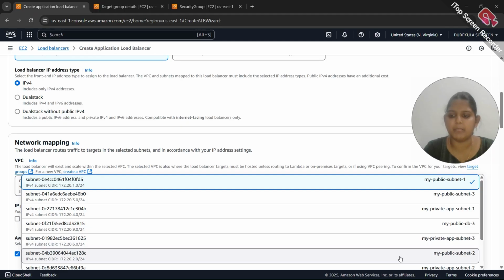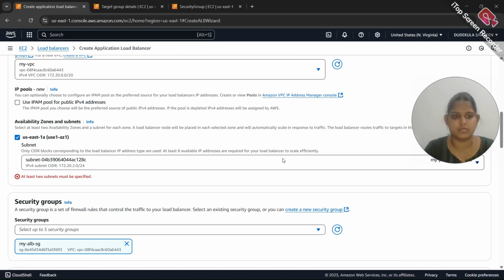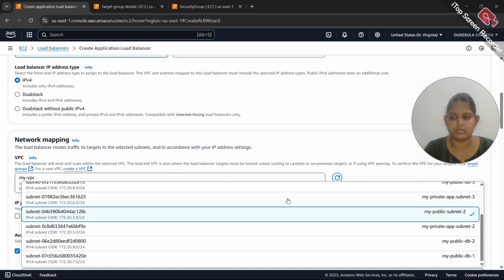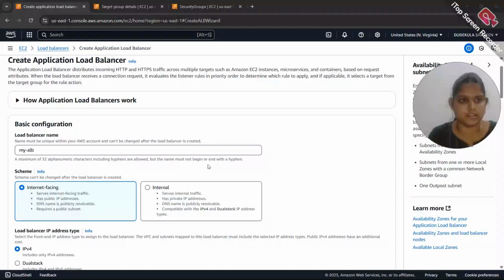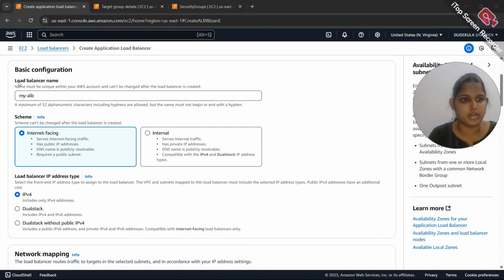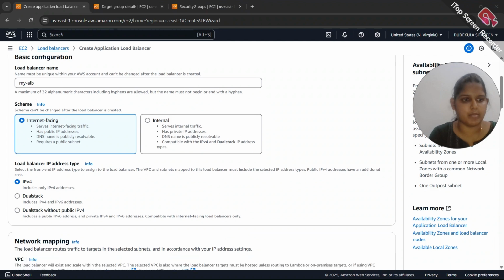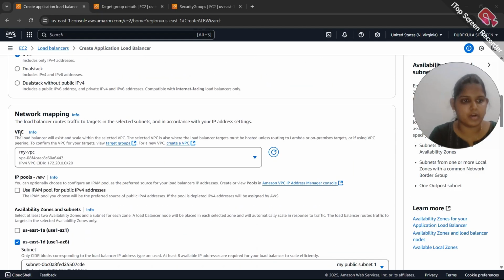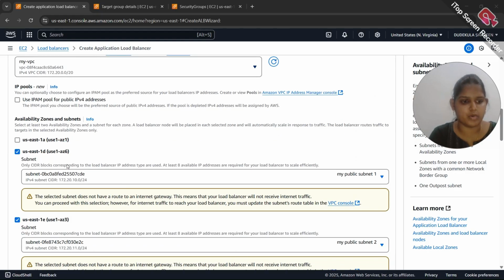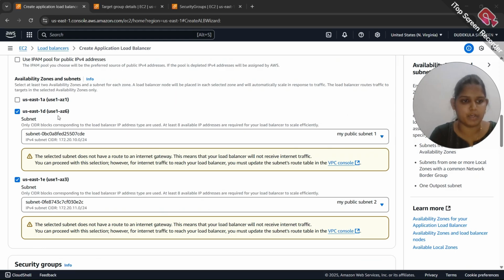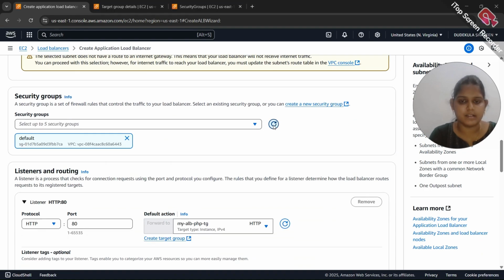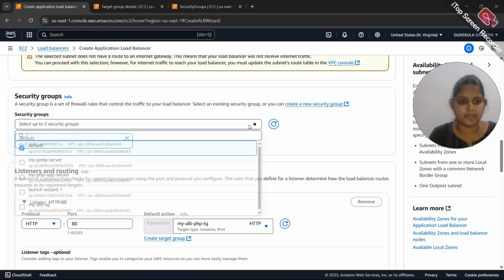Here, choose my public subnet 2 also. This is the application load balancer. Give the load balancer name as my ALB, schema as internet facing, IP type IPv4. In network mapping, choose your own VPC, and here you have to choose availability zones as us-east-1d, us-east-1e, and the security group which you have created,